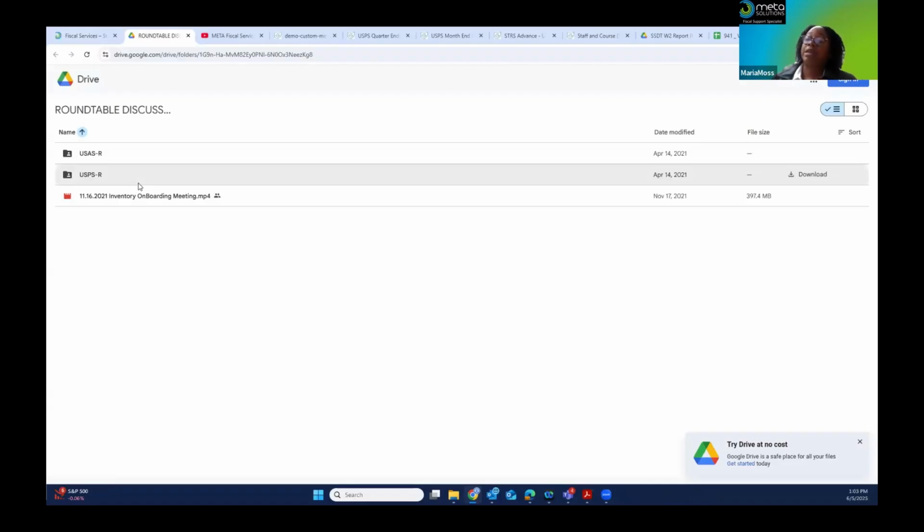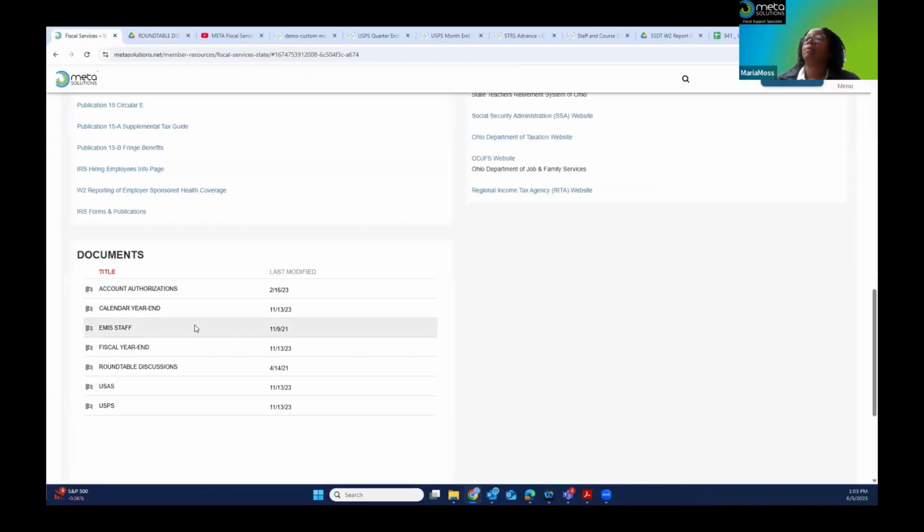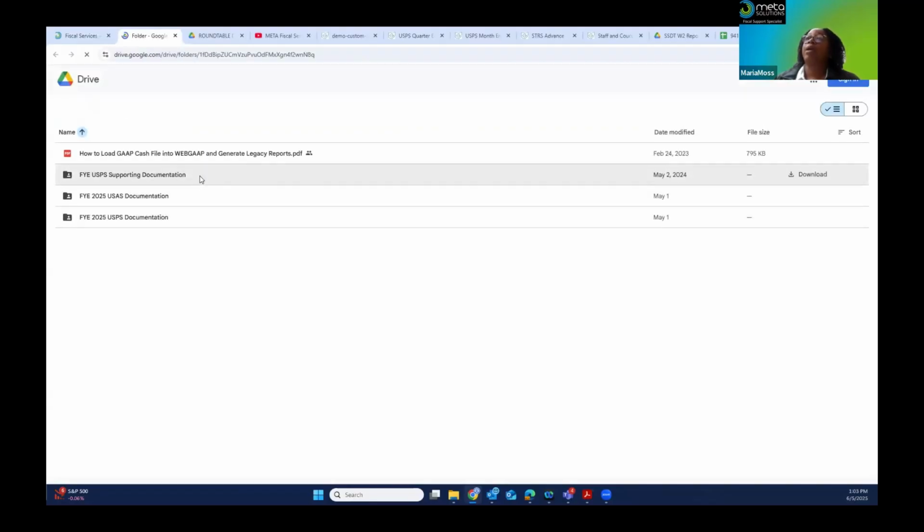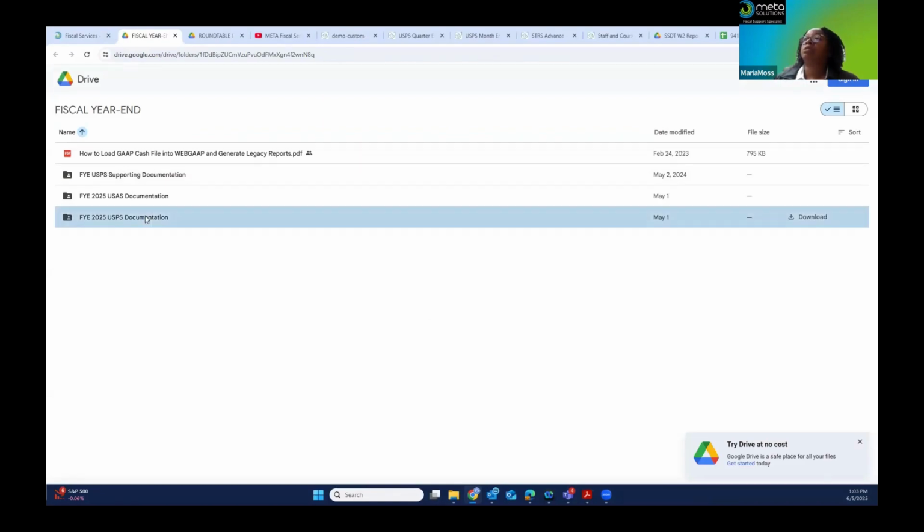If you attended it or didn't attend it, you can always come out here and view it again. And then as far as documentation for fiscal year end, we do have a fiscal year end folder. And it is broken out between USAS and USPS. And all you have to do is just click on it.